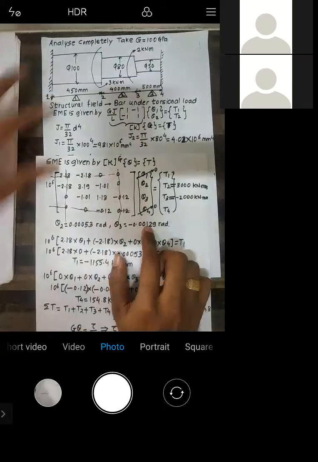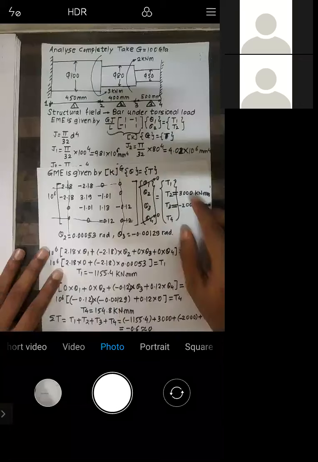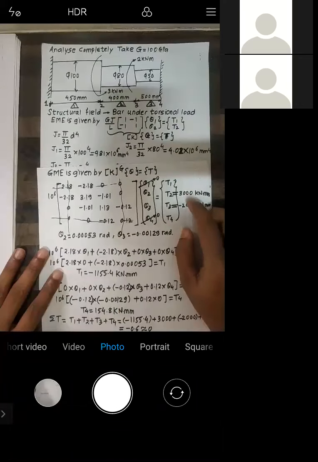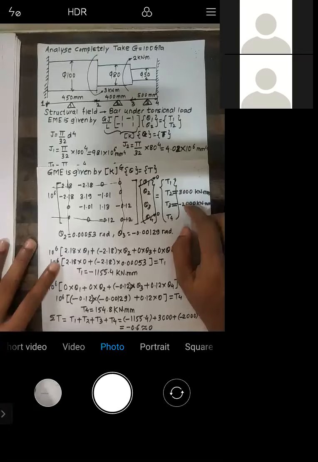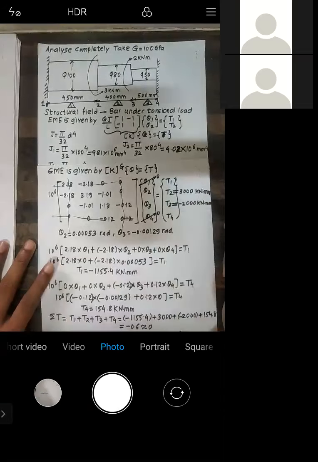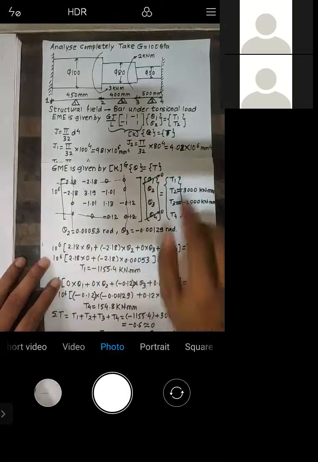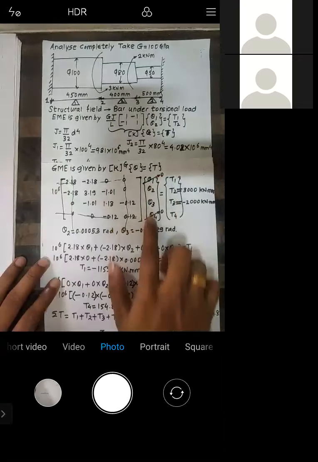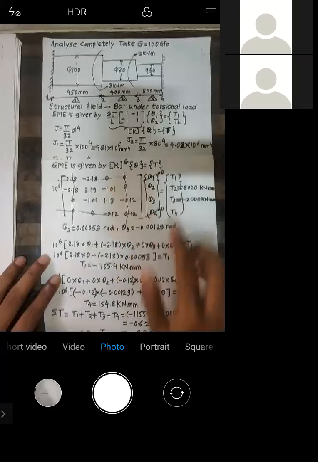Right. Now, as I told you, see addition of this 3000 and minus 2000 is 1000, right? This addition of these two will correspond to 1000. So in order to balance this 1000, minus 1000 has to be produced by T1 and T4. Okay. So let's calculate reaction. The point where a displacement is 0, at that point you will get reaction. So this T1 and T4 are reactions. How will you calculate T1 and T4? This first row multiplied by first column gives you T1. Last row multiplied by last column will give you T4. So we have calculated T1 and T4.